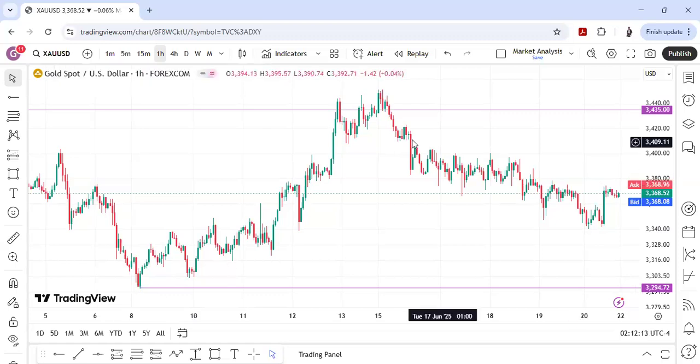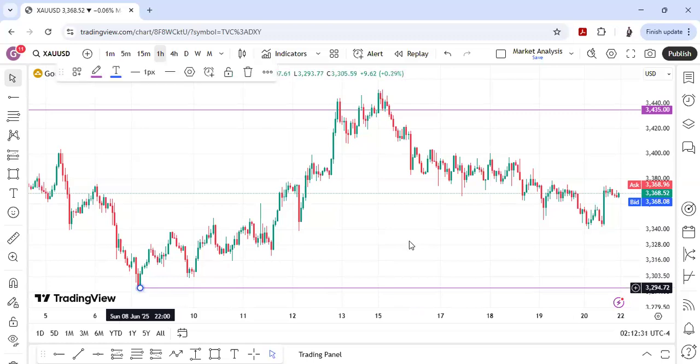Rally up, trade to this area of inefficiency, testing this old low, and then slam it down, take everybody out, take out this sell-side liquidity. That's what I might do if I'm a market maker. So based on that, I feel that